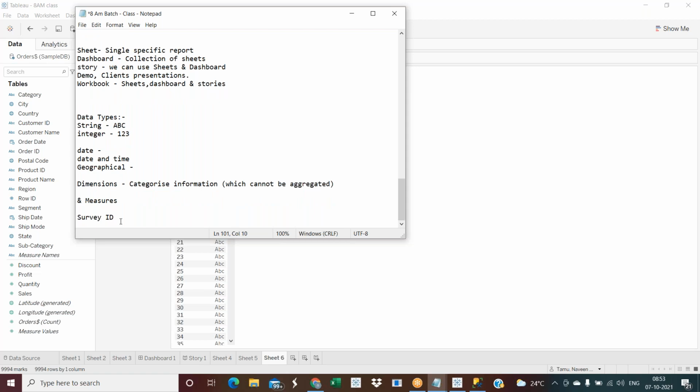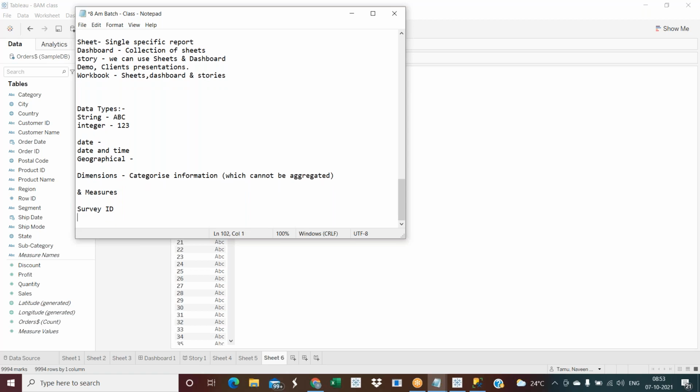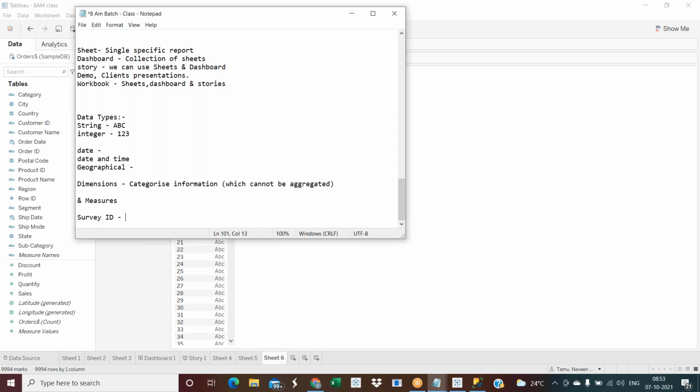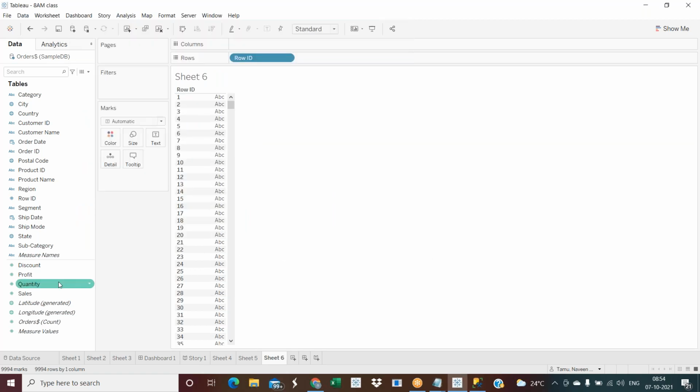You have a survey ID in one table, and I pulled the data from SQL Server into Tableau. This survey ID was converted to a measure automatically by Tableau. But this is wrong. IDs always should be a dimension. So what we need to do is convert it. Right click, suppose